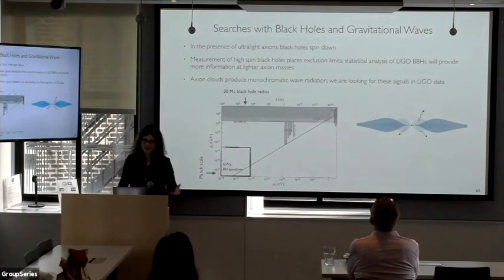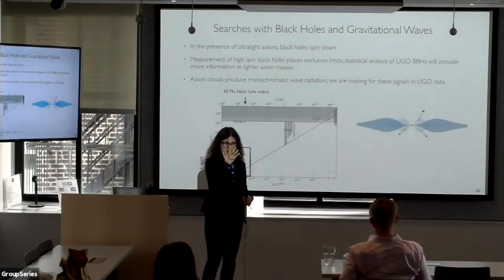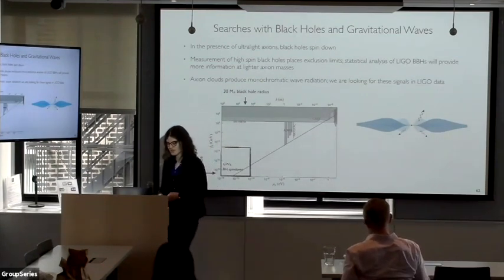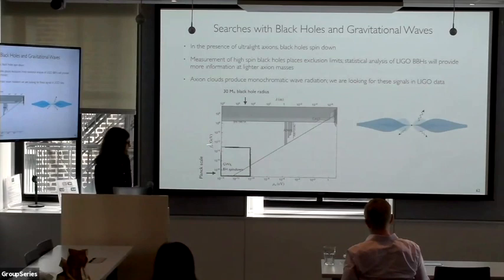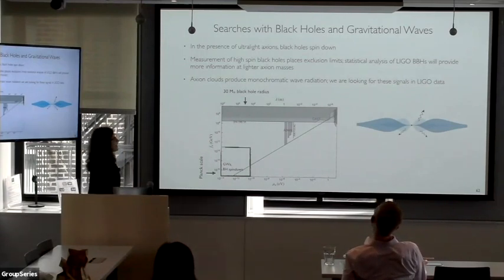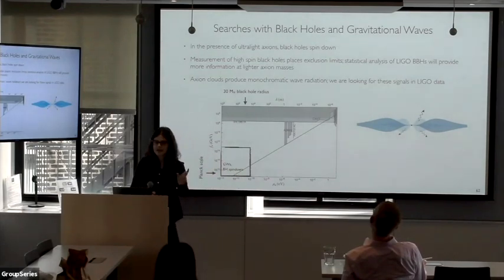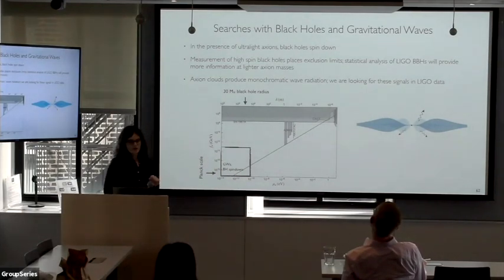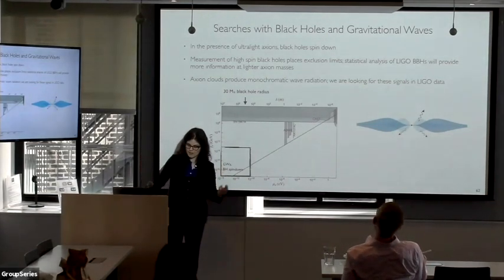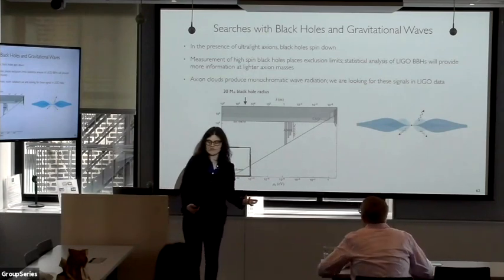So in the presence of ultralight axions, I've shown you that the superradiance process can spin down astrophysical black holes. In particular, for the QCD axion close to the Planck scale, very, very light, the black holes that spin down are exactly the ones that you expect to see in our galaxy and the ones that you see merging in LIGO. And these black holes will have a different spin distribution than you would originally expect.